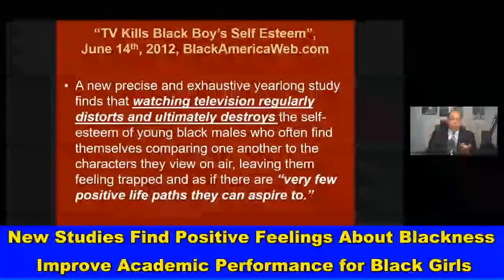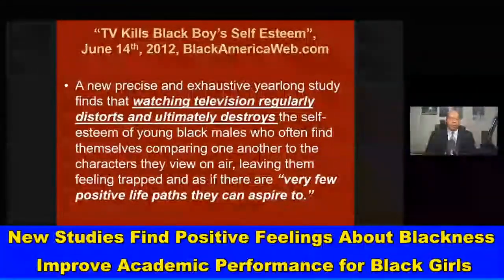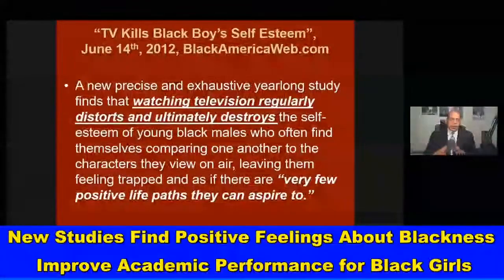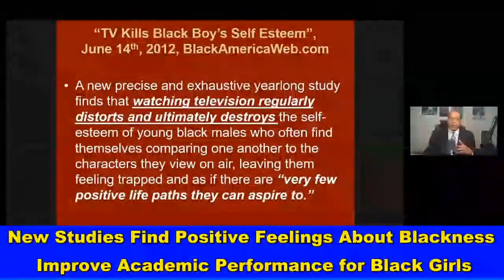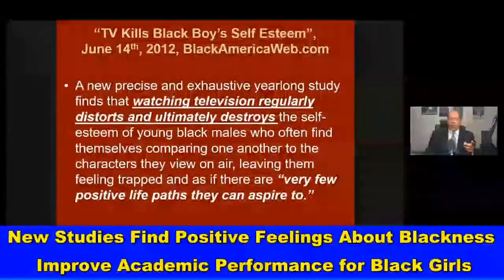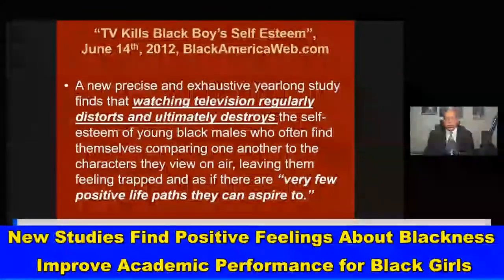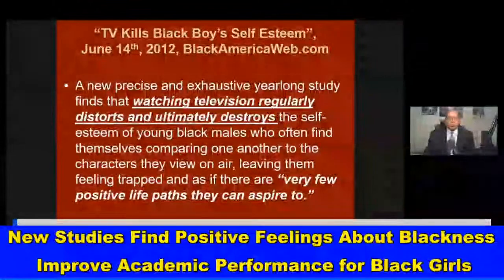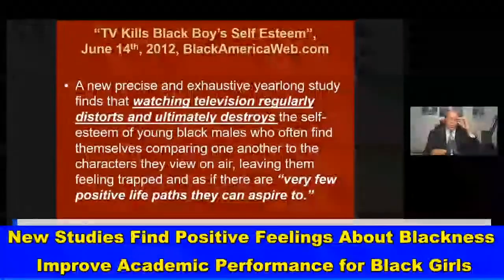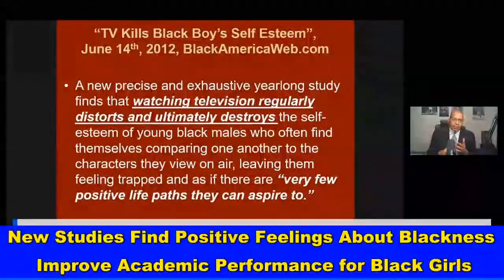Now, this article here from blackamericaweb.com from 2012 dealt with a study that showed how TV watching kills Black boys' self-esteem. Excessive TV watching kills Black boys' self-esteem. A new, precise, and exhaustive year-long study finds that watching television regularly distorts and ultimately destroys the self-esteem of young Black males,